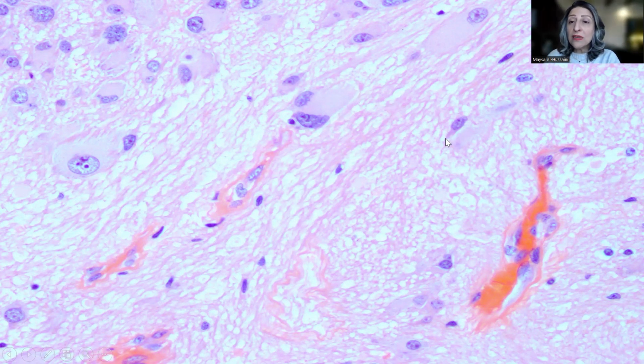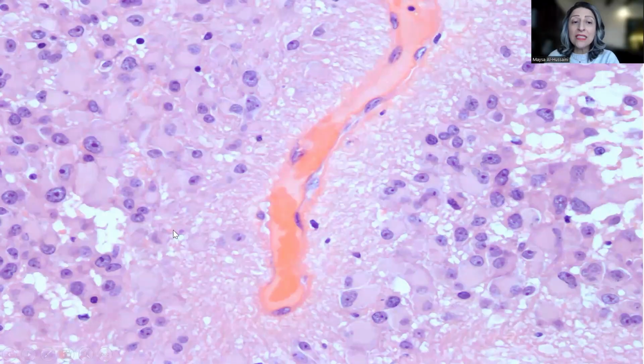Now, some tumor cells might be smaller with some spindling or even a barely minimal amount of cytoplasm. These are all tumor cells, but the characteristic ones are gemistocyte-like tumor cells with the abundant acidophilic cytoplasm